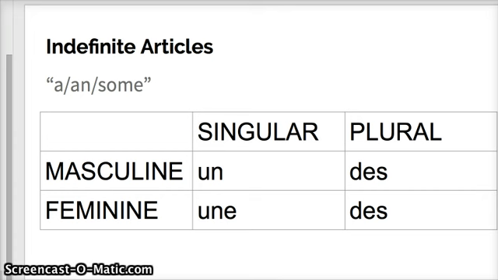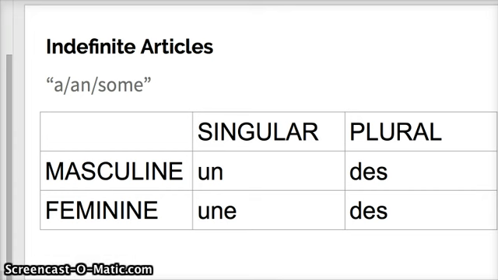You've also seen them in lots of things that we've done in class, and you also use them in English. You just don't realize what they are. So the English definition of an indefinite article is a, an, or some. So every day you say this when you say an apple, a pair of shoes, some pizza. You use those in your sentences every day as an English speaker. They also have them in French, but obviously you have to learn what they are.